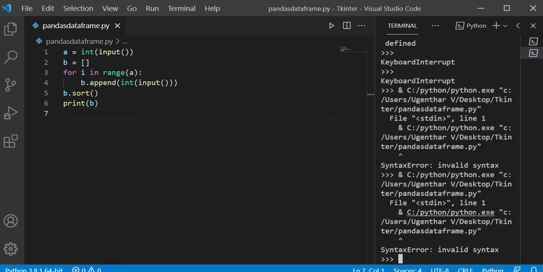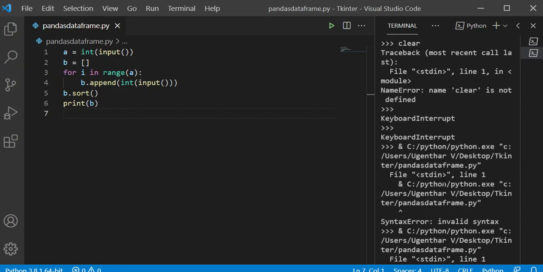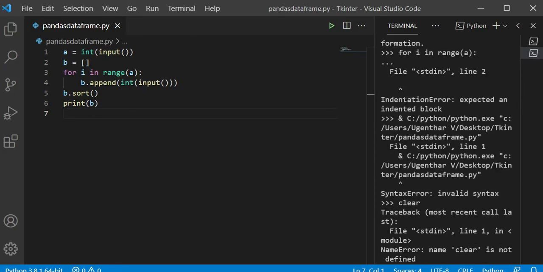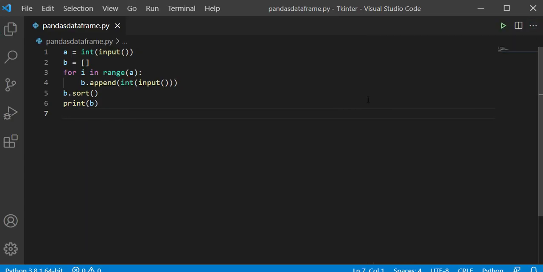In line 1, pandas data frame, control F8.